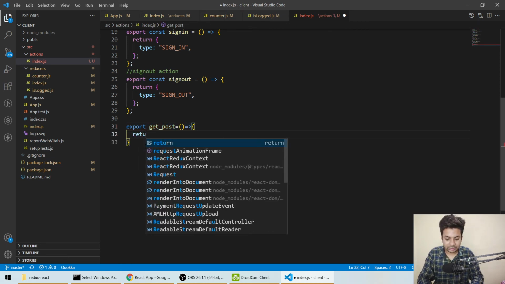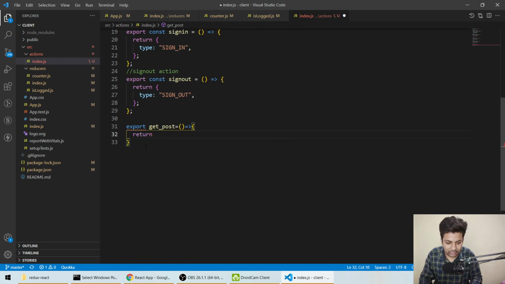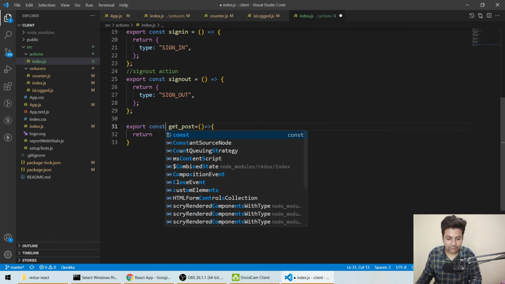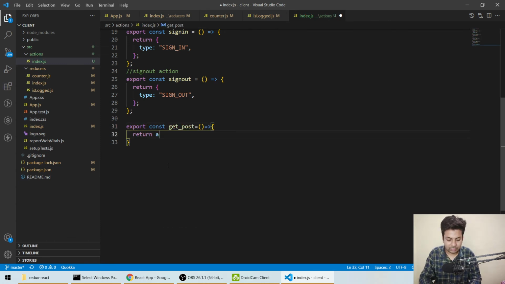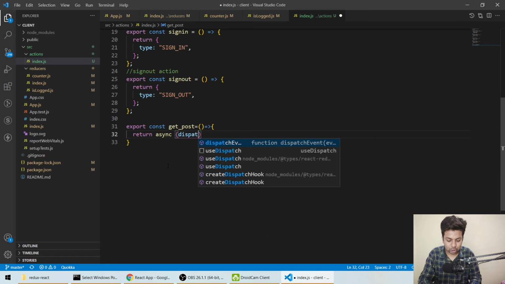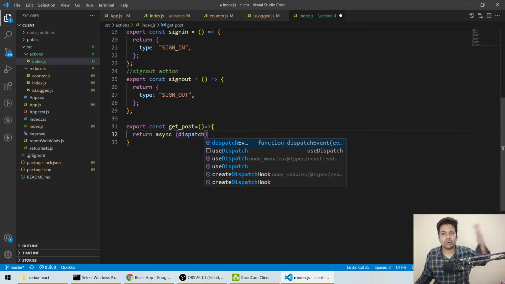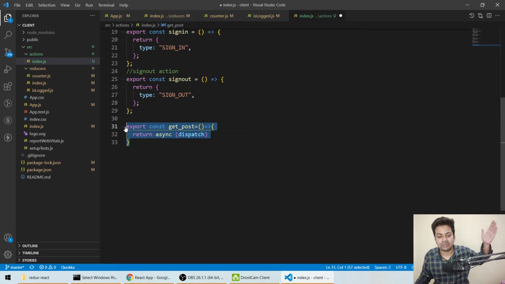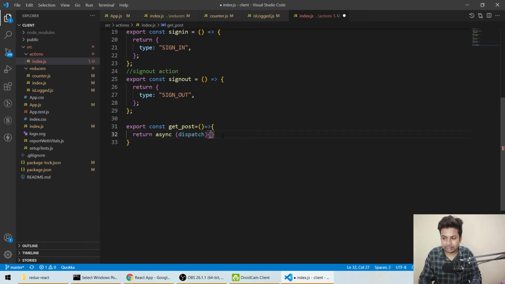Now we'll return. We have an added constant. Return, and it should be async. We'll make a function and we'll call dispatch. If you want to call an API, just follow this pattern, because this is the only pattern used. Then again we'll open the curly braces and we'll say constant response equals